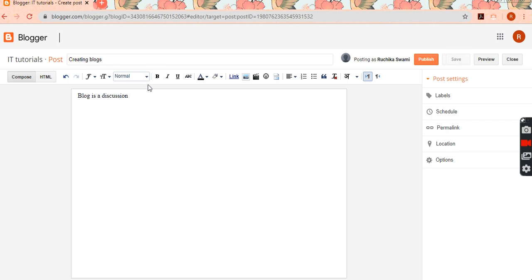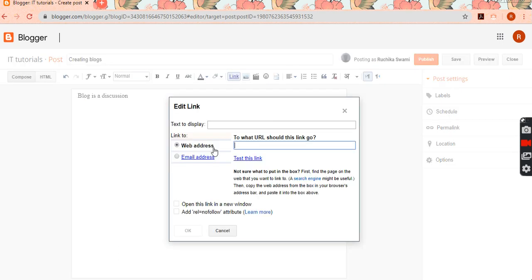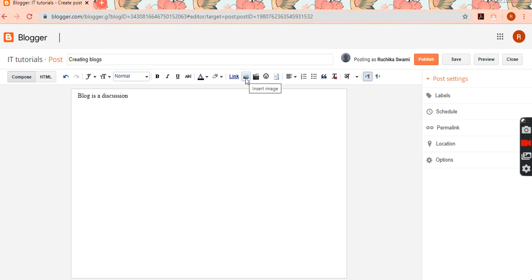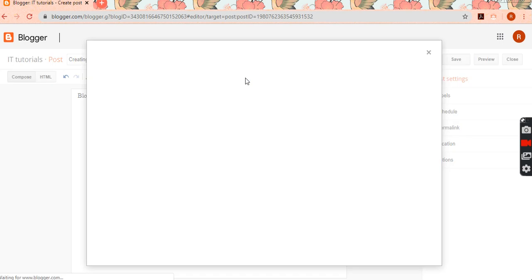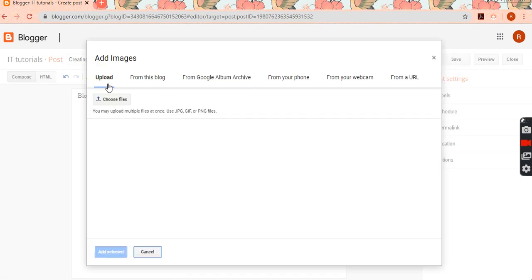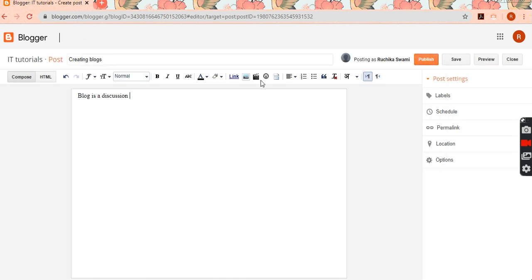You can change the settings from here. You can make the text bold, italic, underline. You can change the color. If you have any link to share, you can link it using this link with a web address or link with an email address, wherever you wish to. If you want to insert any picture, you can insert it from here also. You can upload a picture from your computer, or if you want it from your phone, your webcam, or your Google album, you can add images here also.